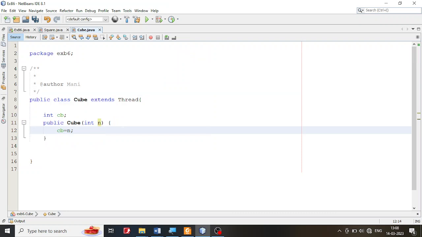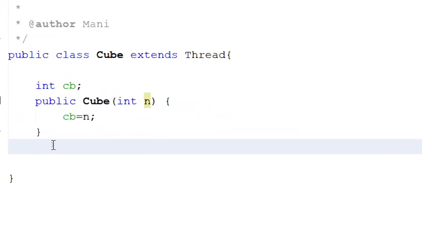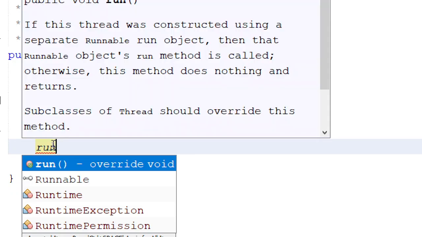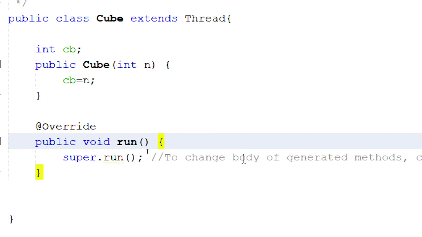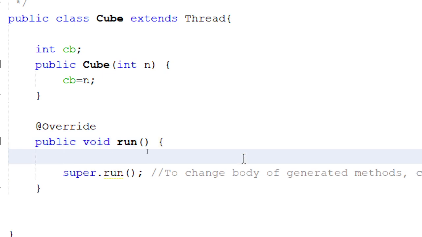Now then, what is the next thing that we are supposed to do? The thread has a lot of methods, and we are supposed to override one of the methods. What is that one method? Very simple. Run is the method. Control space it, and NetBeans will give you a suggestion. Do you really want to override it? I just press enter. NetBeans will do the needful thing. And what am I supposed to do here? I am supposed to write